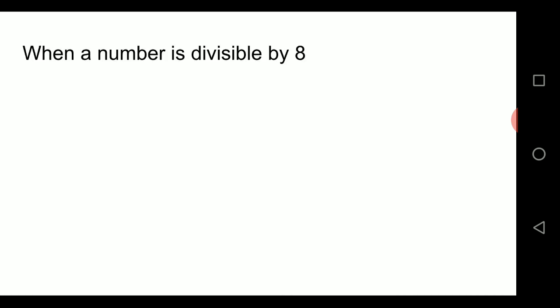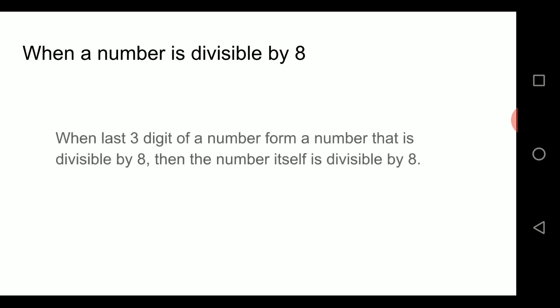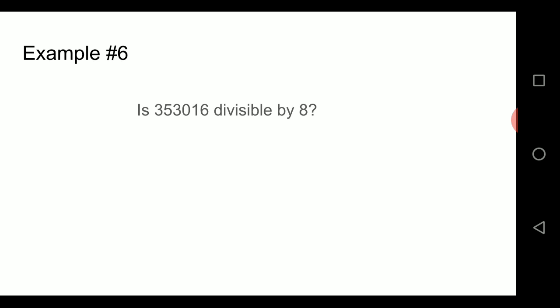So our next example is when a number is divisible by 8. How to find if a number is divisible by 8? When the last 3 digits of a number form a number that is divisible by 8, then the number itself is divisible by 8. So you have to pick up the last 3 digits, and if that number is divisible by 8, then the whole big number is also divisible by 8. So here I have given a very big number, 353016,